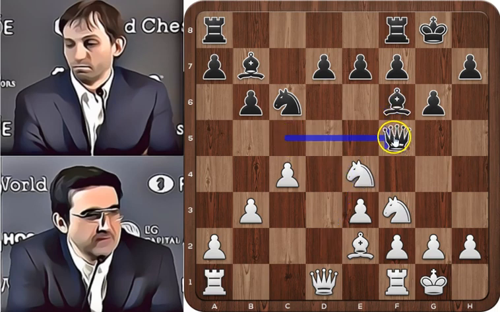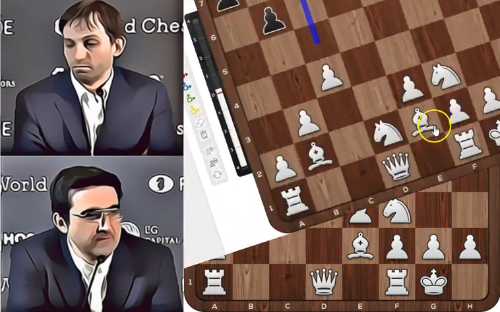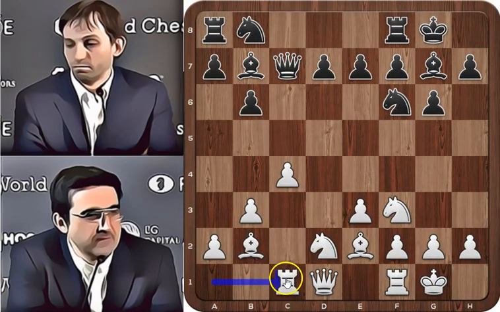The queen goes to f5, protecting the d7 pawn, knight to f6 check, and black has to take with the pawn in order to defend d7. If he takes with the queen, he loses the pawn. So, in the game, black put his queen on c7, rook to c1, placing the rook on the same file